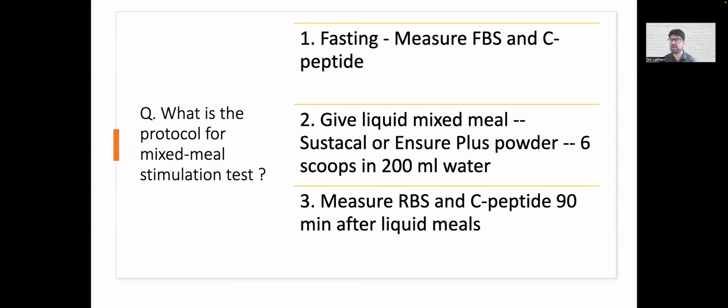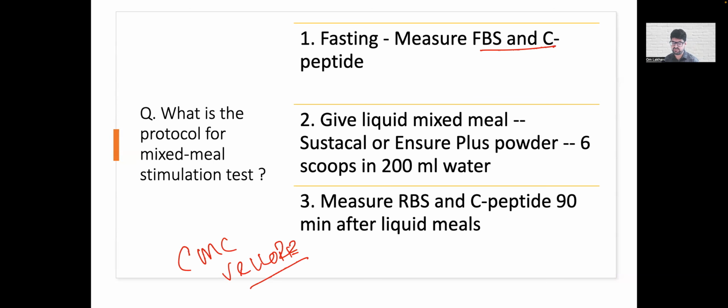Okay. What about mixed meal stimulation test? So apart from glucagon, a better way, rather more simpler way, is the mixed meal stimulation test. It takes more time, but it's a better way of doing it. So again, you measure the fasting blood sugar and the C-peptide in the morning. And what I'm trying to tell you is the protocol which we use in our practice. This protocol has been seen with CMC Vellore also. So there's a published protocol in one of the papers from CMC Vellore, right? So I don't take original credit for that. But this is the protocol that we practice in our hospital.